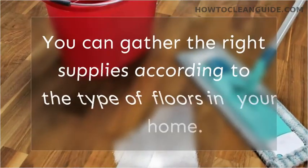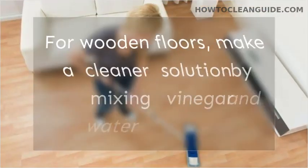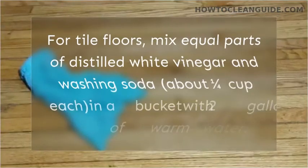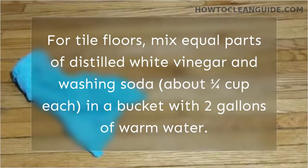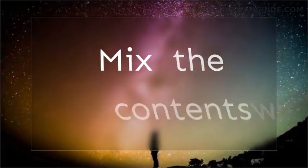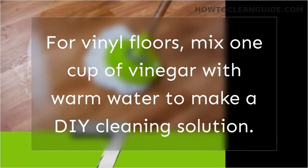You can gather the right supplies according to the type of floors in your home. For wooden floors, make a cleaner solution by mixing vinegar and water in a ratio of 1:10. For tile floors, mix equal parts of distilled white vinegar and washing soda, about 1/4 cup each, in a bucket with 2 gallons of warm water. Mix the contents well. For vinyl floors, mix 1 cup of vinegar with warm water to make a DIY cleaning